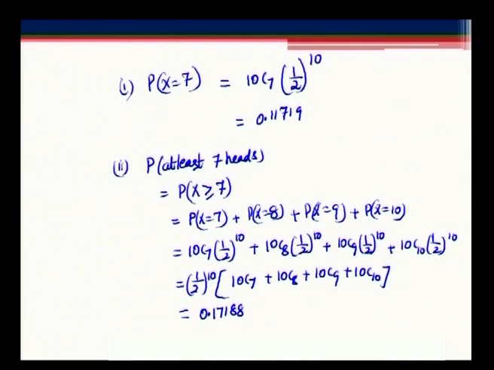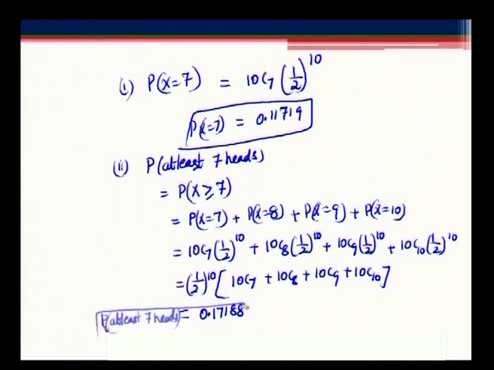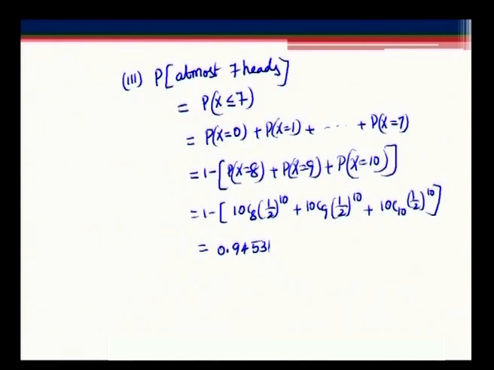The first subdivision is for finding the probability of exactly 7 heads. That answer is 0.11719. The probability of at least 7 heads is 0.17188, and then you have found the probability of at most 7 heads, which is